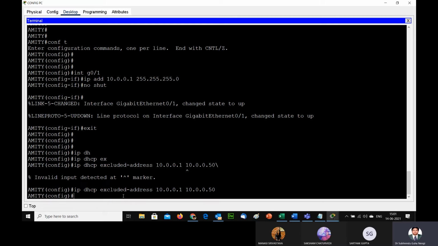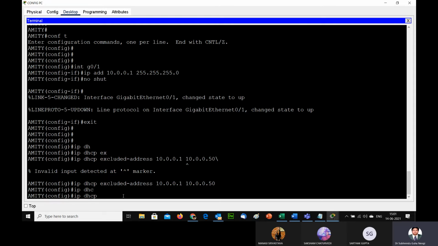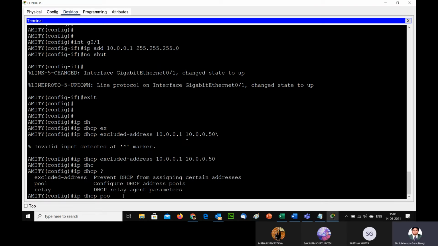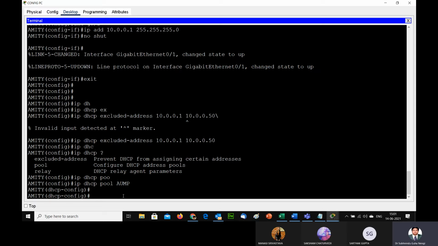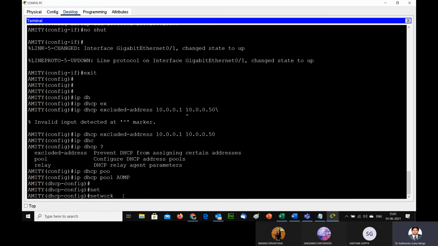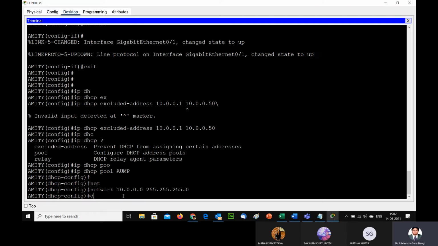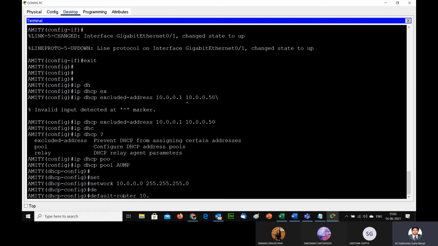After that, we need to write ip dhcp pool, so we create a pool, and I'm giving it the name AUMP. Then we write the network address: network 10.0.0.0 255.255.255.0, and the default router is 10.0.0.1.